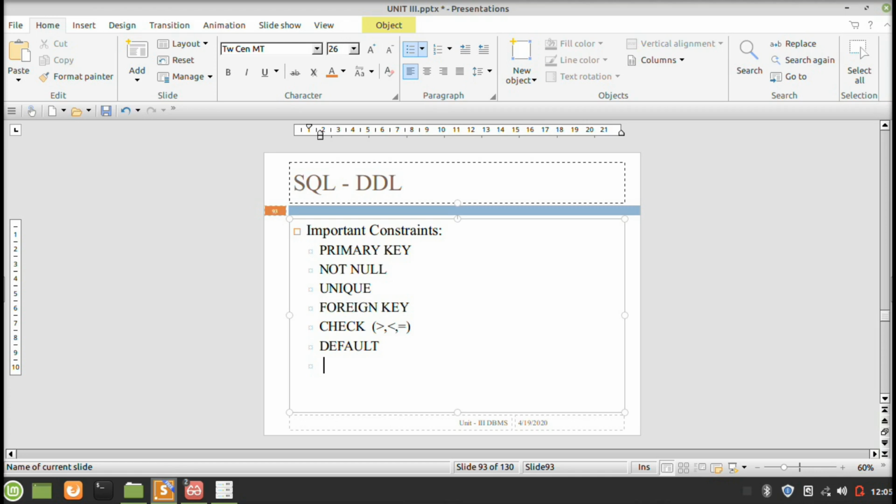Not null is used to mention that the particular column should not be empty. Unique means the particular column should not contain any repeated value. The foreign key is used when we are using a foreign key value in a relation, the default is used to give a default value to the particular column, and the check is used to give some condition when we are creating a table.